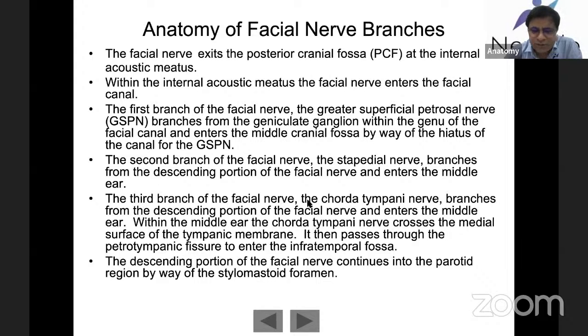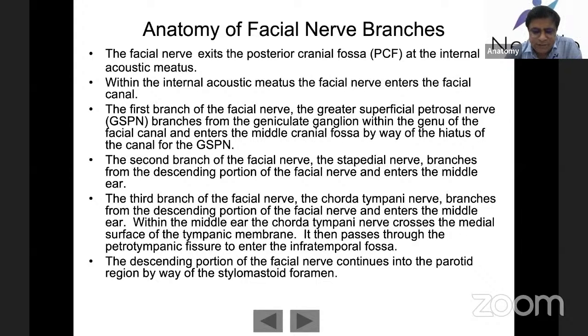The third branch of the facial nerve, the chorda tympani branch, branches from the descending portion of the facial nerve and enters the middle ear. Within the middle ear, the chorda tympani nerve crosses the medial surface of the tympanic membrane. It then passes through the petrotympanic fissure to enter the infratemporal fossa, where it will join the lingual nerve